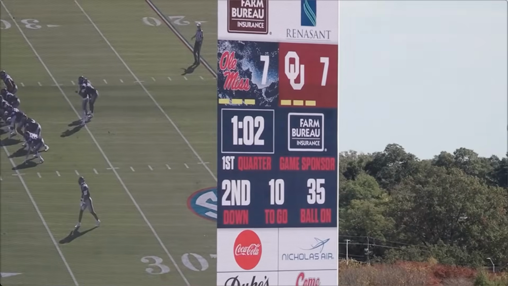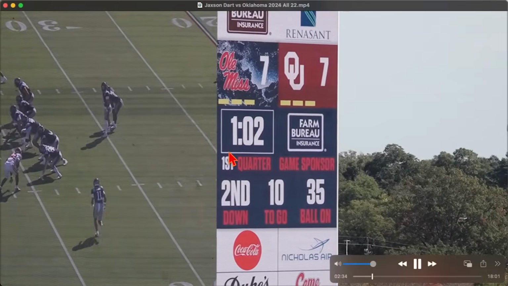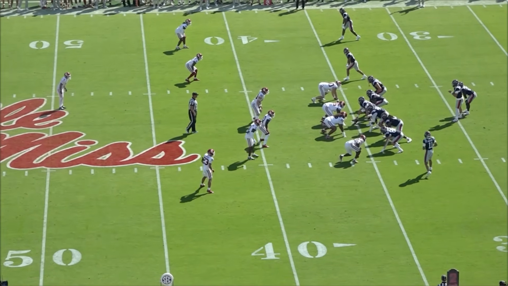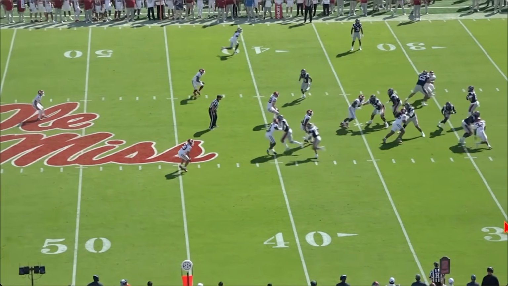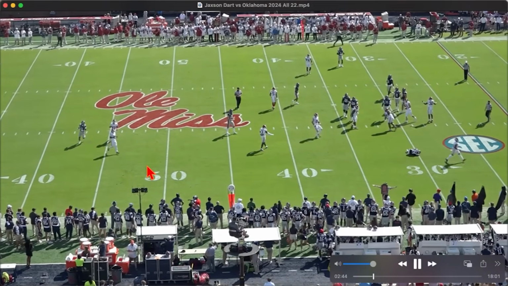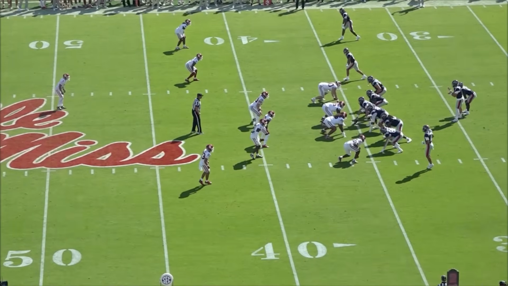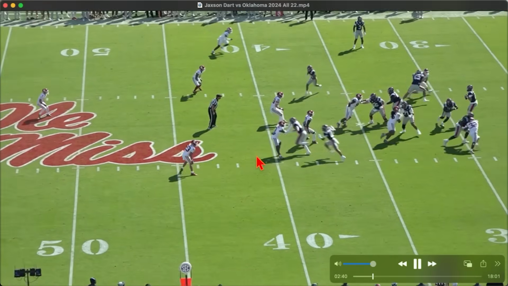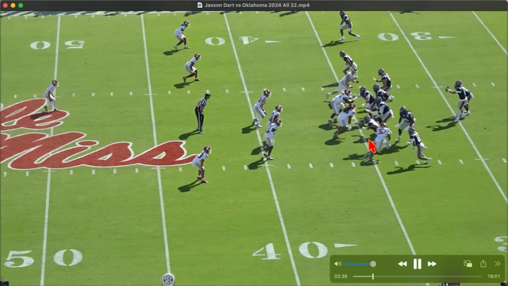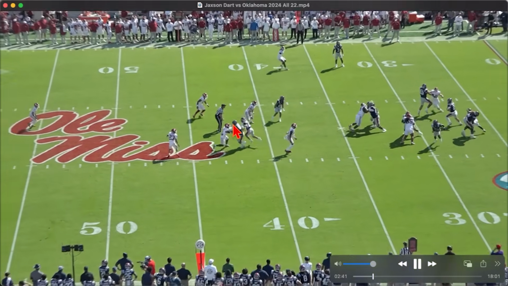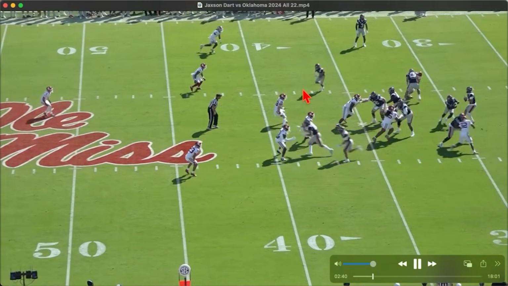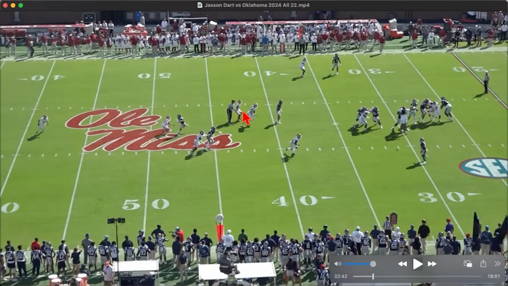Next play, I talk about a mess of a concept. I don't know what is going on with this. I mean, watch this passing concept and tell me exactly what we're trying to accomplish. All right, we got the check here. I don't know what in the world is going on. We have the tight end sit right here. Jordan Watkins is running into the middle of the field and then out. You have this sit right here. I just don't know what